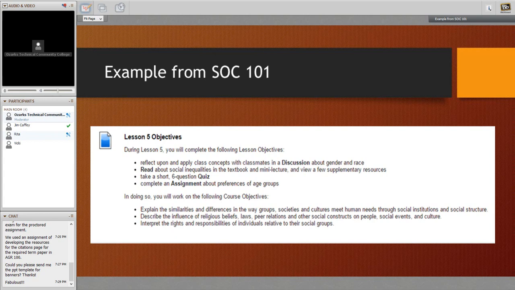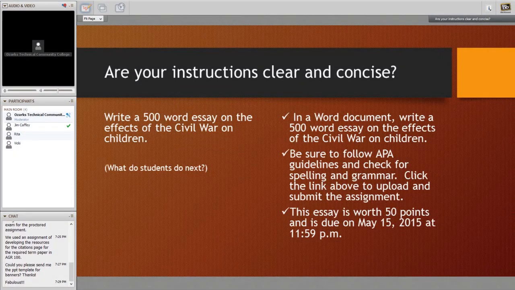If I'm a student and I see that, I'm thinking, okay, well, all right, I can write a 500-word essay, but hello, where am I going to post it? What am I going to do with it? How many points is it worth? Okay, all that kind of good stuff. So if you look to the right,